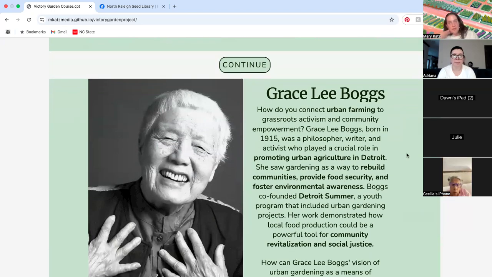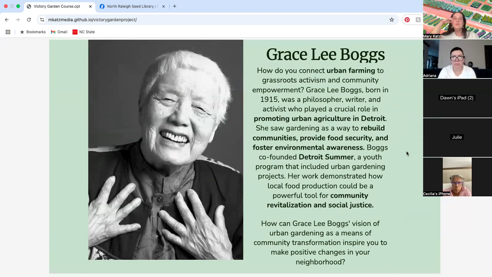And then we get to the next Victory Garden women. We've got Grace Lee Boggs. So we left Mississippi and went to inner city Detroit to visit this lady. Grace Lee Boggs, she founded, I don't know if inner city is the right word, but she founded Detroit Summer. And so was working with, I think, mostly teenagers in Detroit,